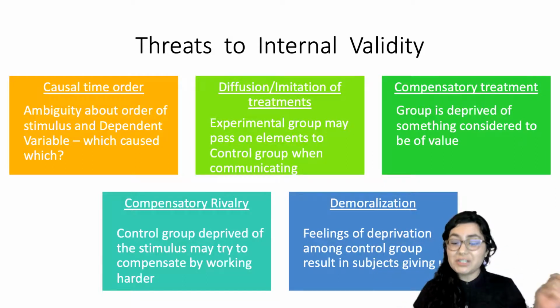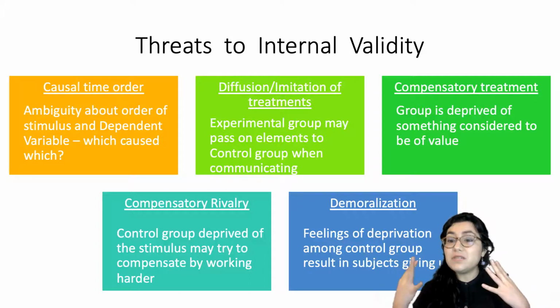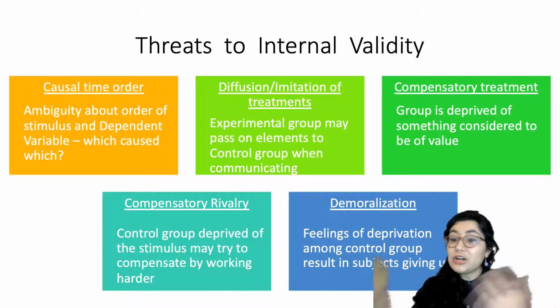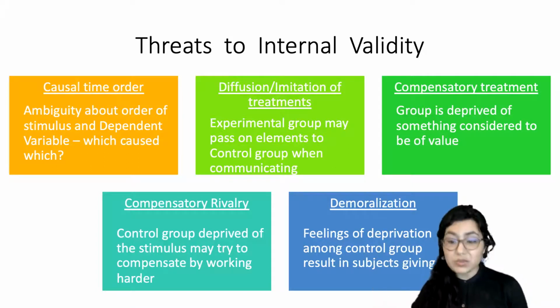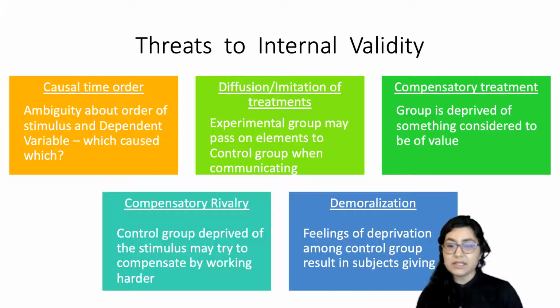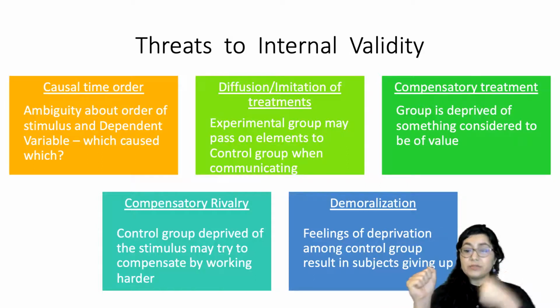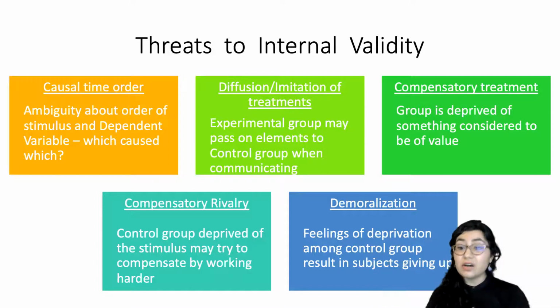If there's conversation between those two groups, then maybe the person who's not getting the treatment is getting a little bit of the treatment because they heard from a person in the treatment group about what the treatment is. That's called diffusion or imitation of treatments. And that's why you want to keep the experimental group and the control group separate, but that's not always feasible, especially in criminal justice settings, right? Then there's